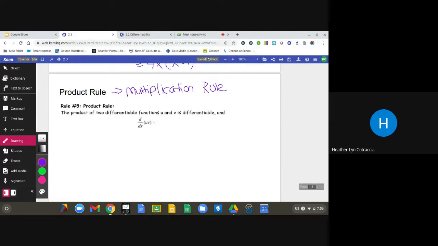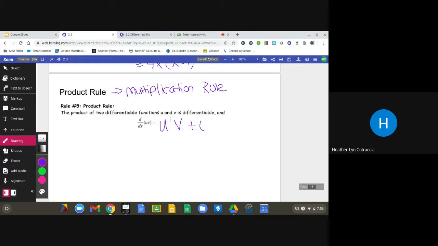Okay, when you have multiplication, u times v. A lot of times I ask my students to read questions to me. If I ever ask you to read it to me, it's probably because you forgot about saying multiplication. How do you do a multiplication rule? You're going to take the derivative of one of them, so u prime, multiply that by the other, so u prime v,